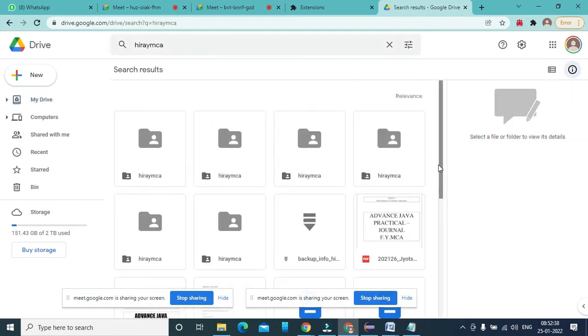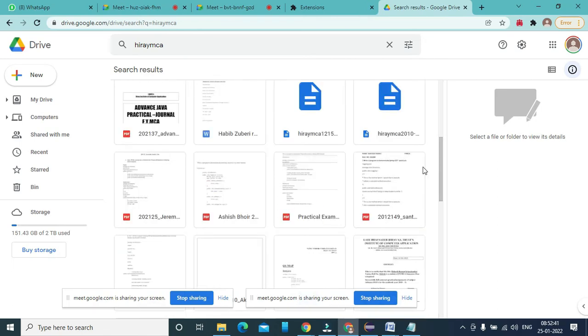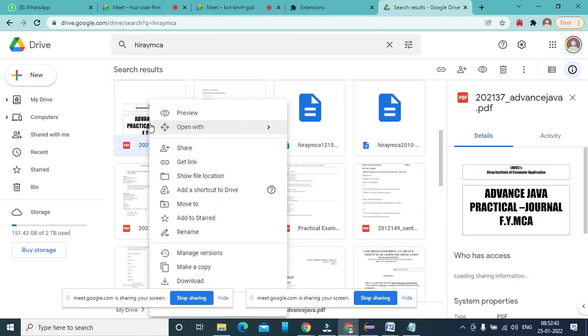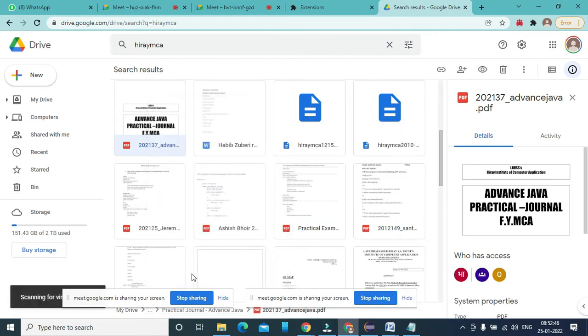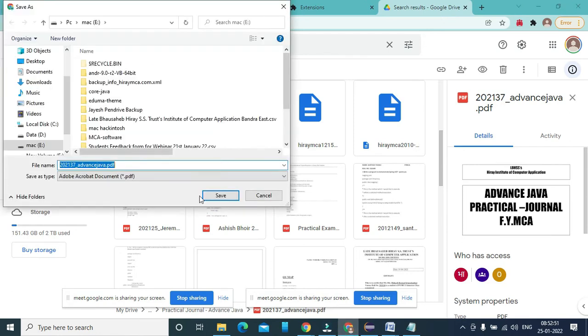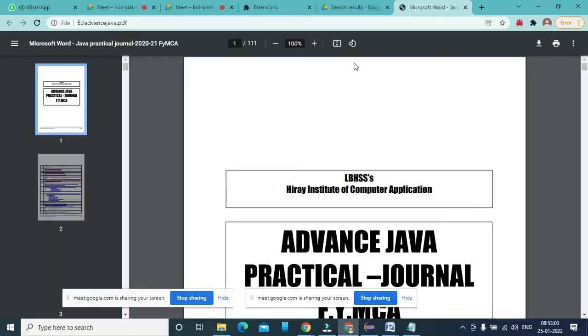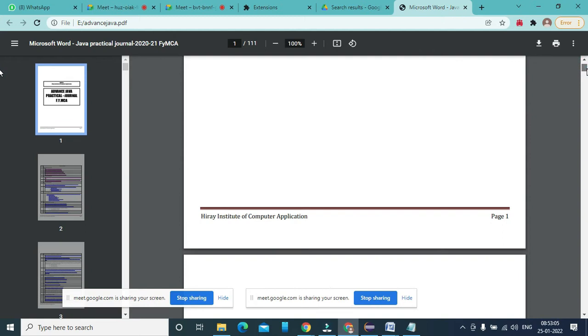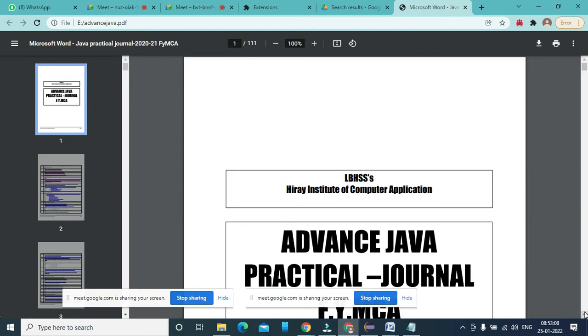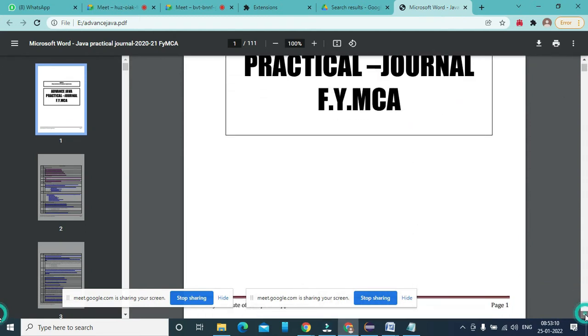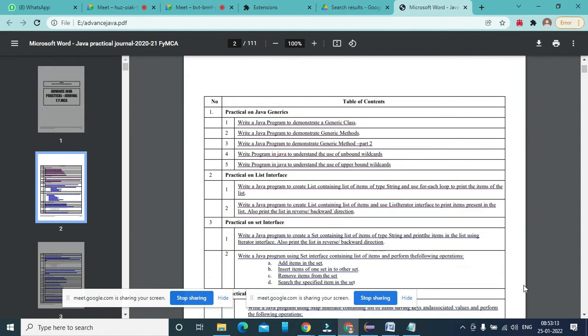Let me check in Google Drive. So this is my advanced journal, and it is according to the syllabus given by the university. In the syllabus of the university the list of practicals is given, and I have worked on that same list. This is the font I like most, and that is Impact font, and this is the list of practicals.